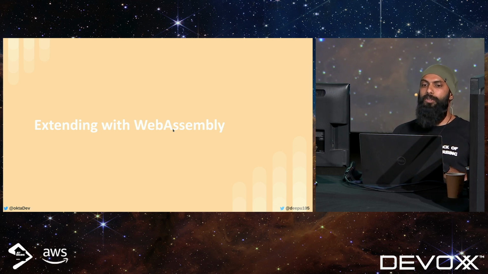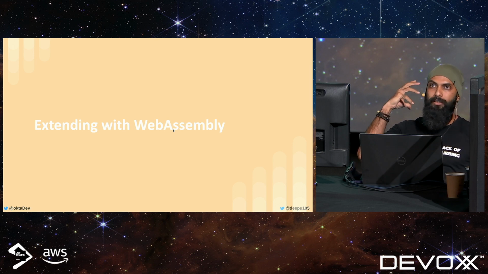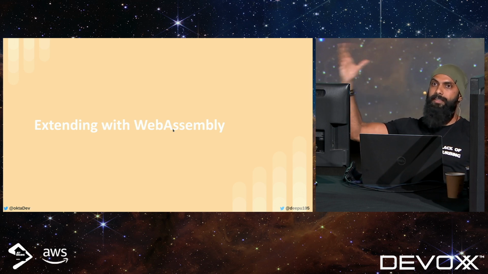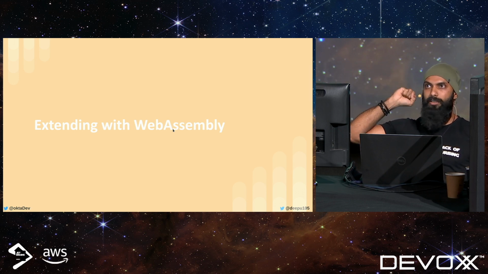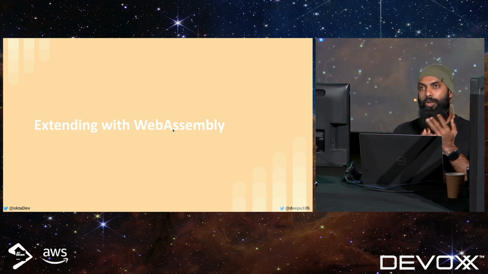So finally, you can also extend Envoy proxy using WebAssembly modules. WebAssembly, or WASM, is a standard that was created for the browser, where you can run a binary format in the browser, written in whatever supported language, and the binary runs in a secure sandbox. It's cross-platform. It's very lightweight. It can have instant starts. It's extremely fast. So it's a great